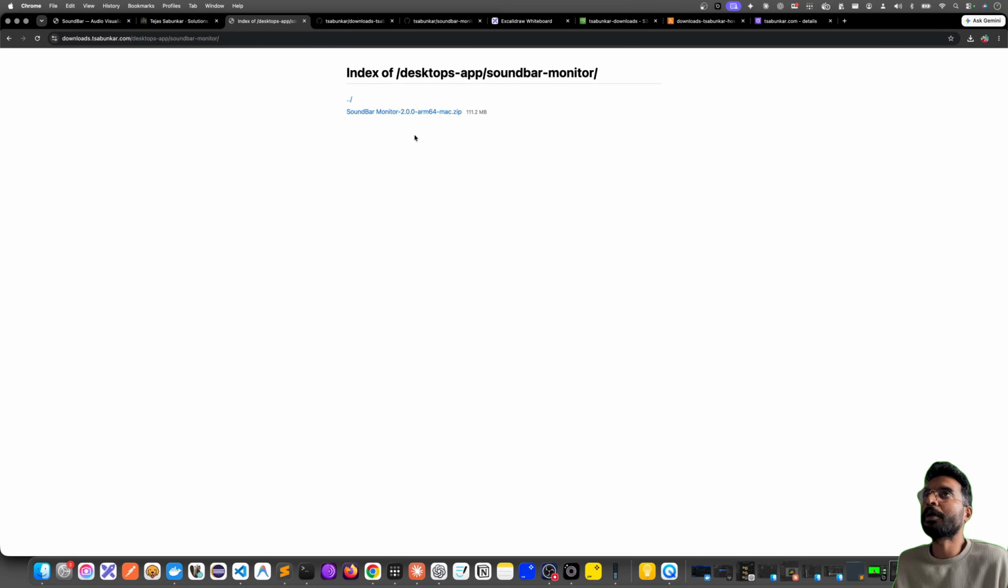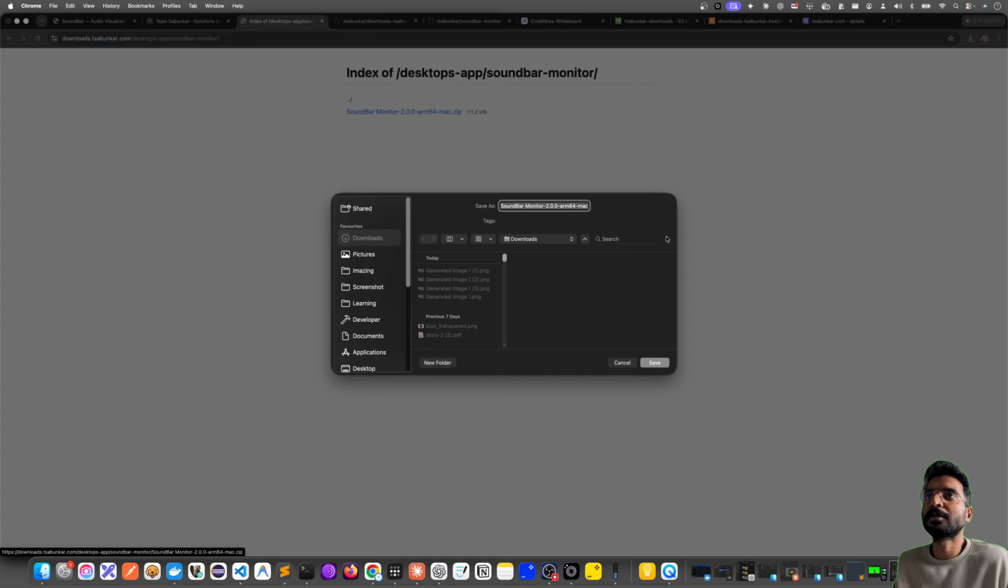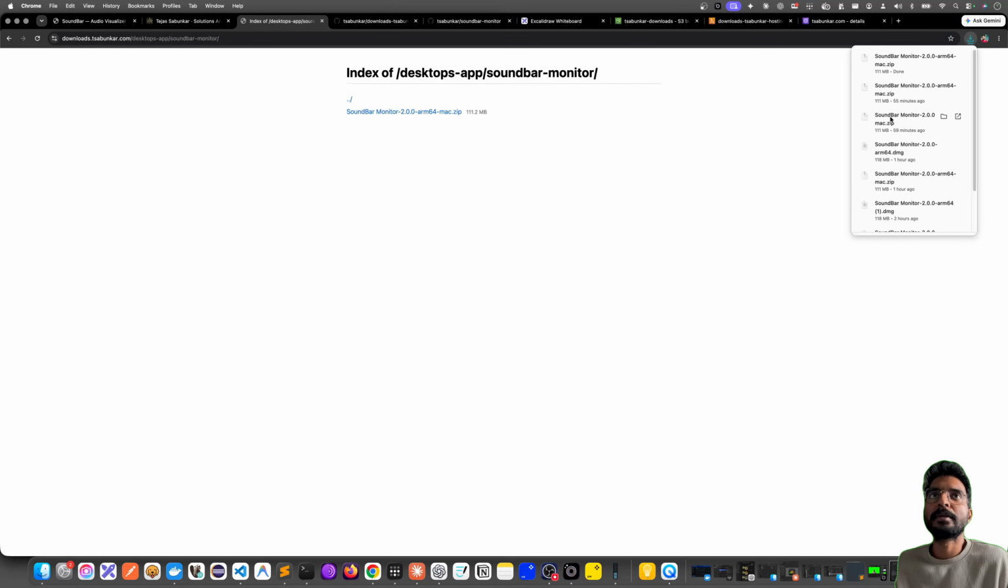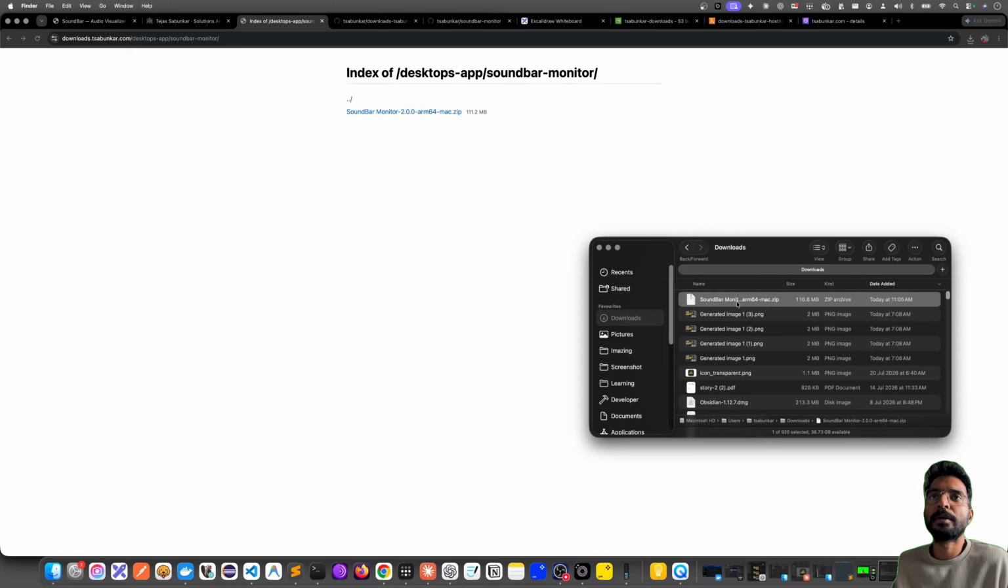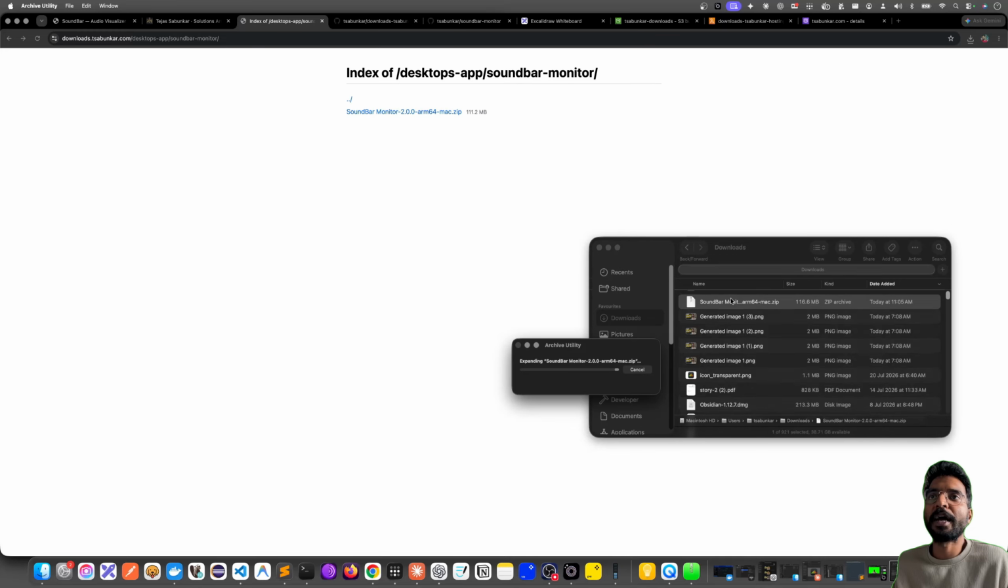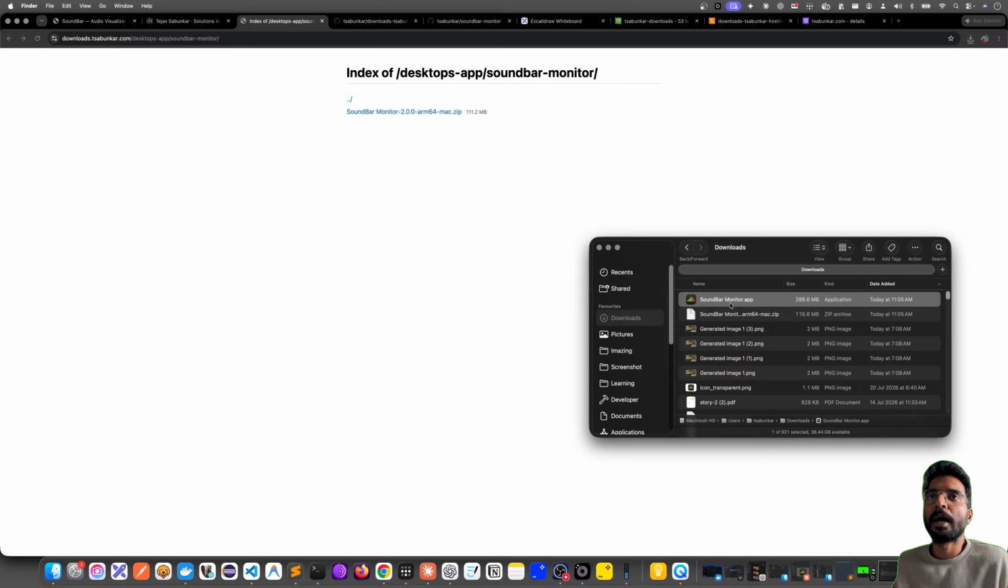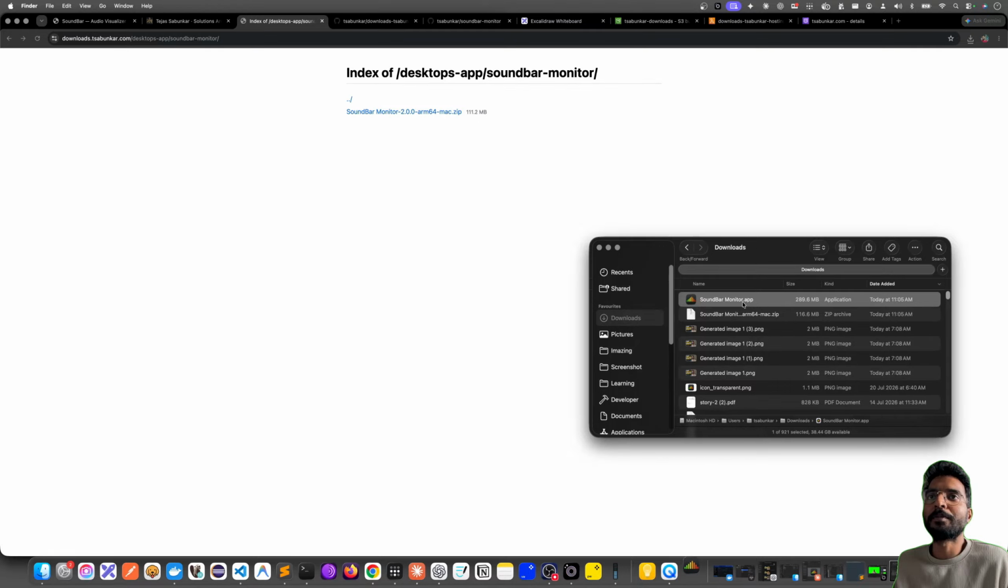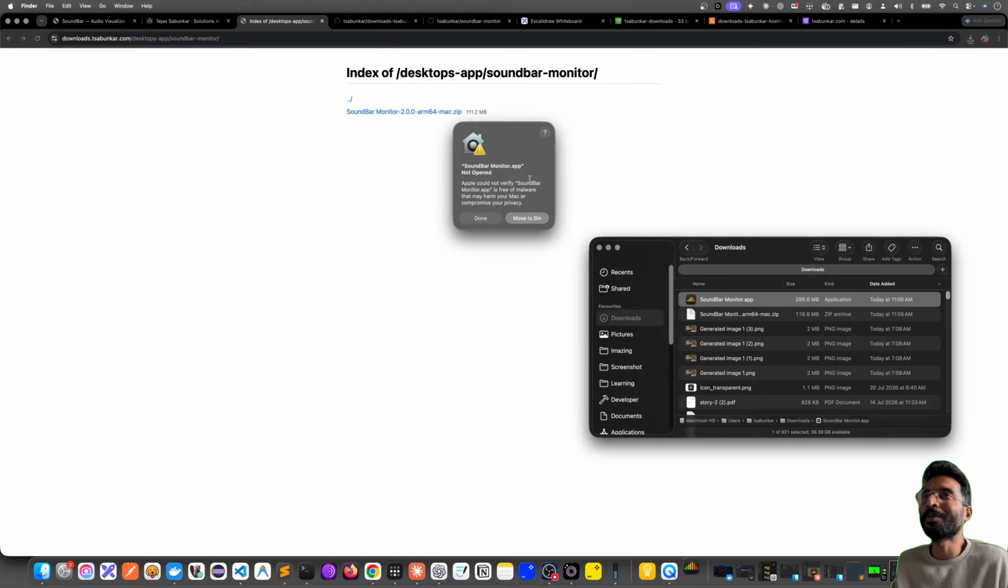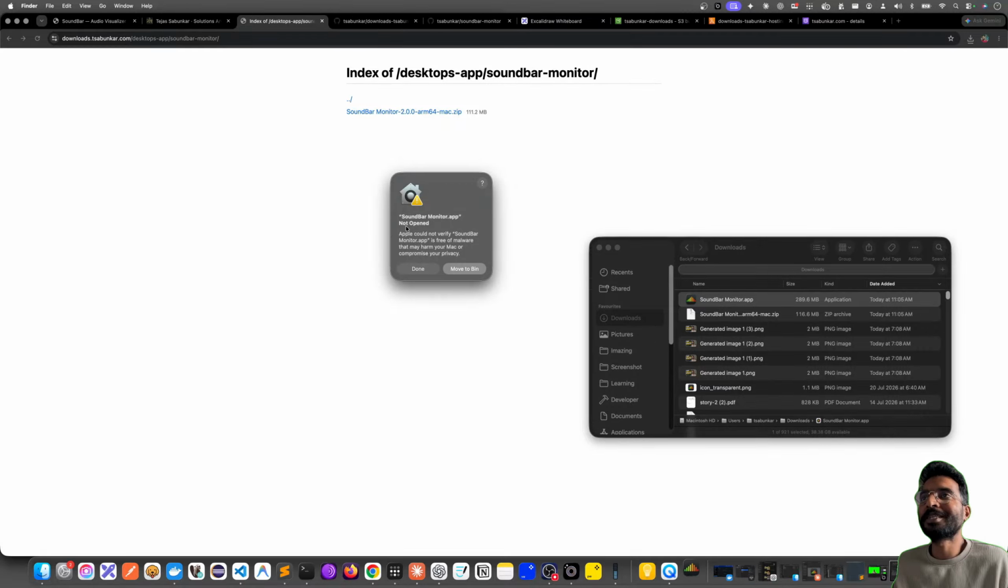Before that, I quickly wanted to see if I can download this zip file and start installing it. Okay, this has been downloaded. And if I unzip it, I do see that the app is available. And when I try to run this application, it's trying to verify. You see this pop-up saying soundbar monitor.app not opened. Apple cannot verify the Soundbar Monitor app is free of malware that may harm your Mac